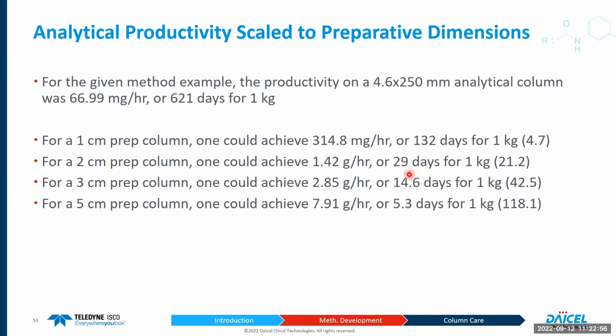Go to a 2 cm column, 29 days, 15 days for 3 cm, or a little over 5 days for a 5 centimeter column. So this is extremely important when it comes to moving to prep. And of course, these benefits are amplified by using SFC, as all of these would be divided by 3, so higher